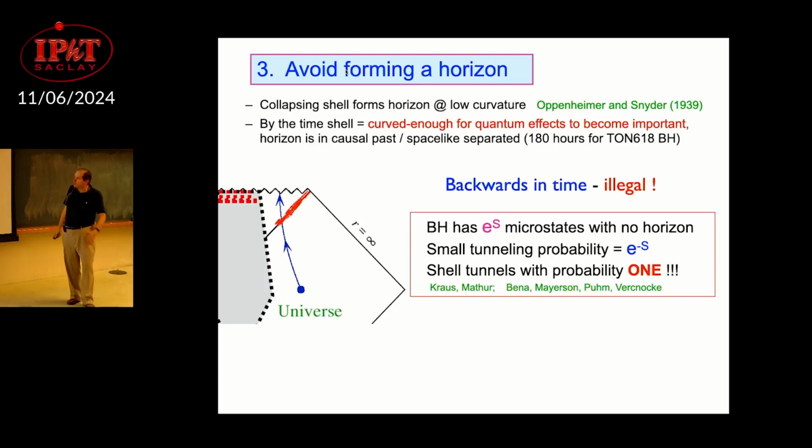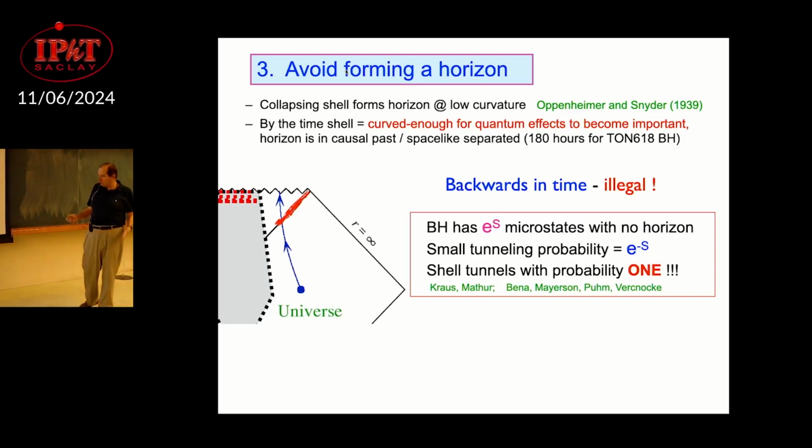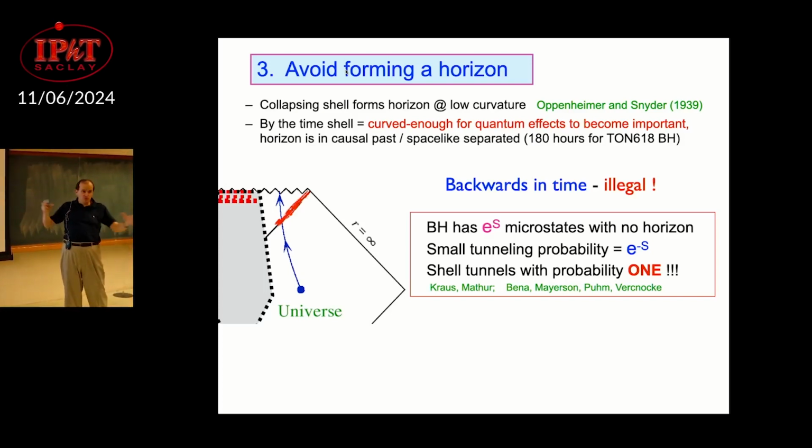So then we actually set up to do a calculation with Daniel and Andrea Puhm and Bert Vercnocke a long time ago, when Daniel was a grad student, so long before he ever got into this area. We calculated this tunneling probability for a bunch of M2 branes, so again, this is very near BPS, a bunch of M2 branes bubbling into supertubes, so it's a complicated calculation using this Denef quiver quantum mechanics and so on. And if you do this calculation and you compute the tunneling probability, what you find is that for this shell of M2 branes to tunnel into